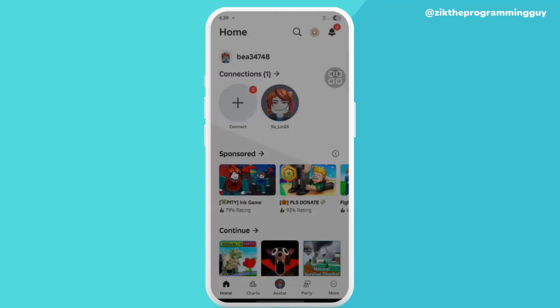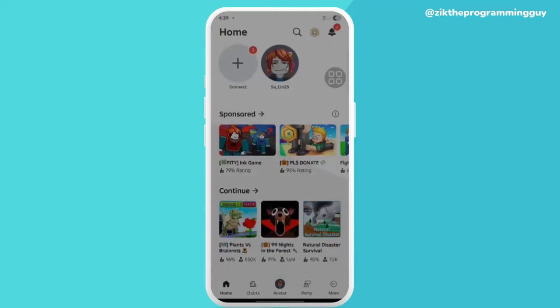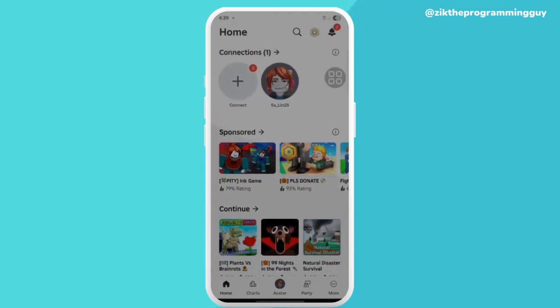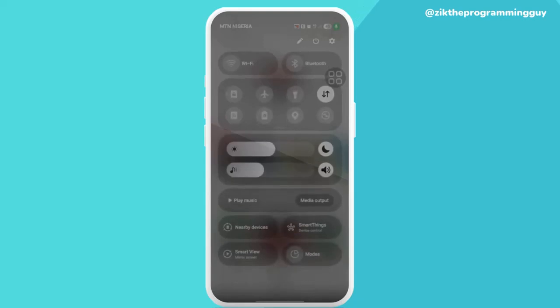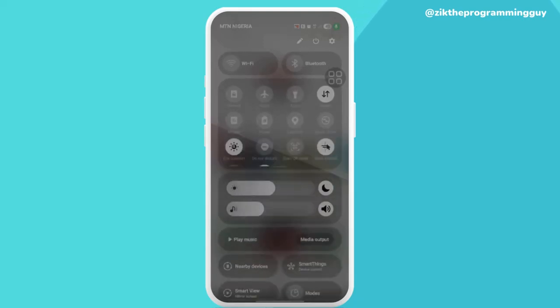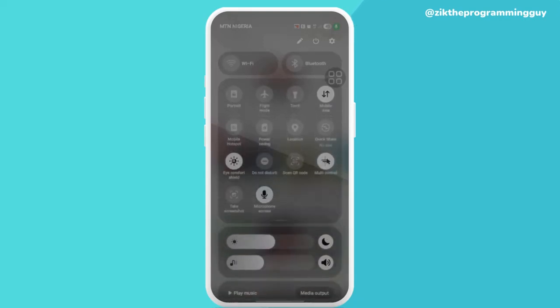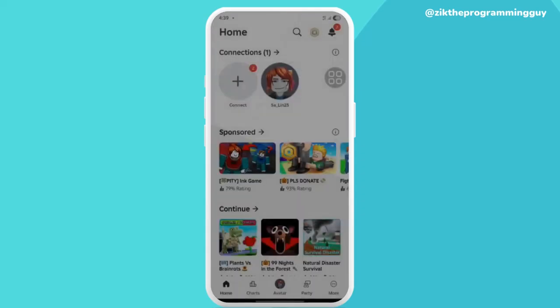So first thing you need to do in order to fix that is to ensure you have a stable and strong internet connection. And if you don't have that, you might just turn on your airplane mode and turn it off, just like this, and it will become stronger. So after doing that and it still persists on loading, the next step you have to take is you go